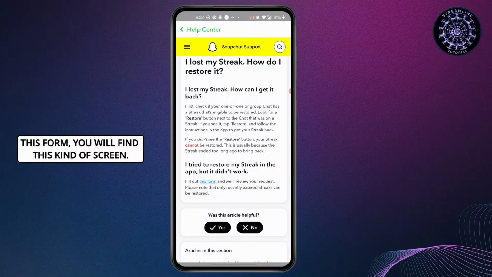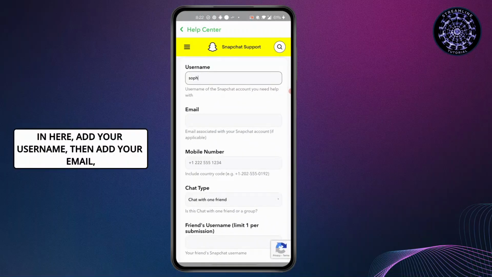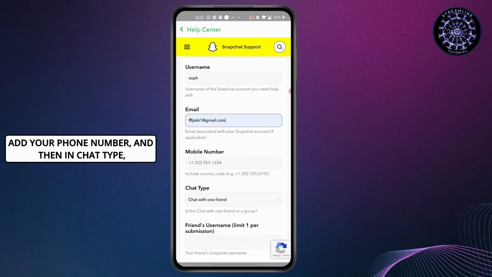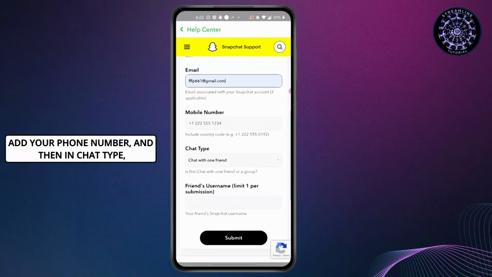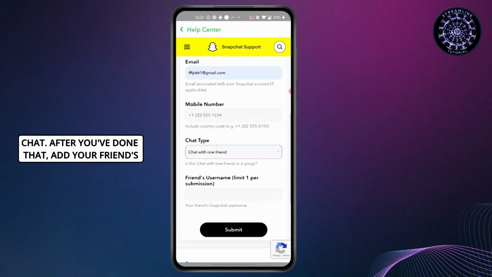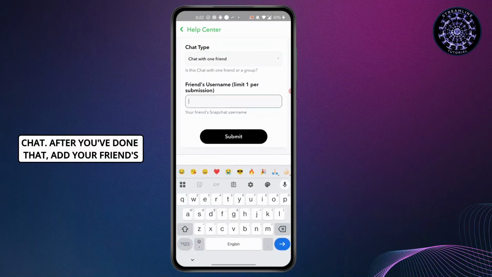After you click on this form, you will find this kind of screen. In here, add your username, then add your email, add your phone number, and then in chat type, select if it's chat with one friend or group chat. After you've done that, add your friend's username,